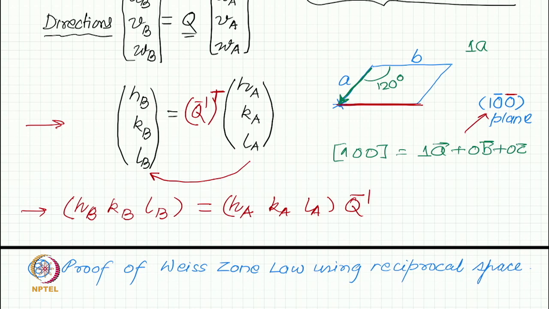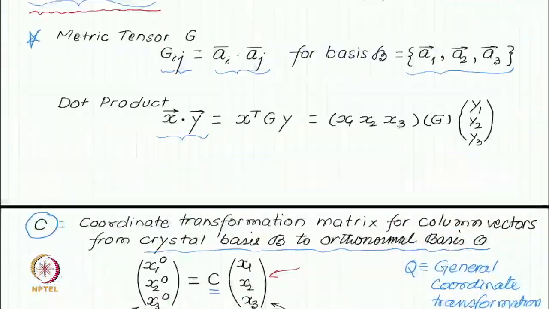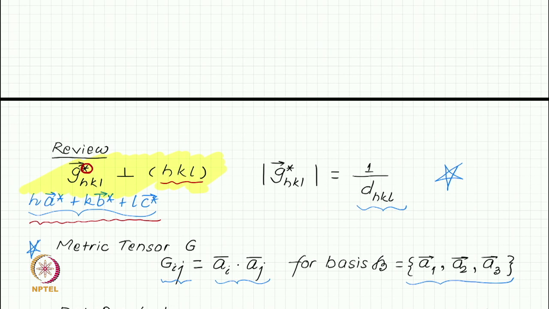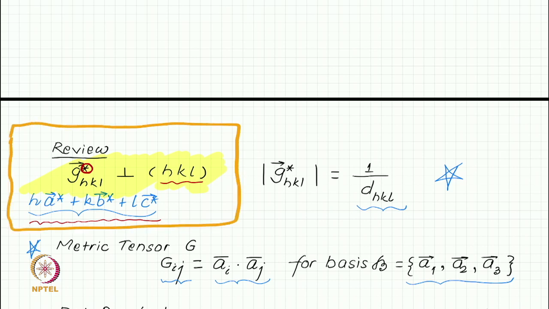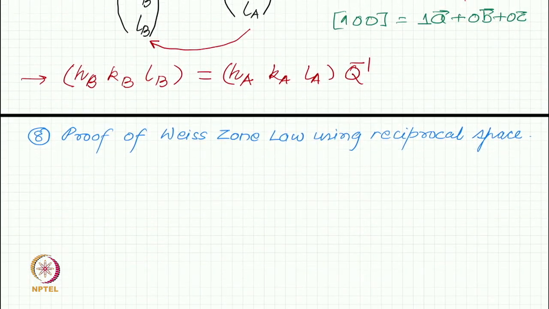Okay. Now, this fact, we have established this fact, that highlighted fact. So, this equation or this relation, we have worked very hard to prove it. So, we can now much more easily prove that same relationship. So, let us try to do that. I am talking of proof of Weiss-Jones law. Weiss-Jones law, if you remember,